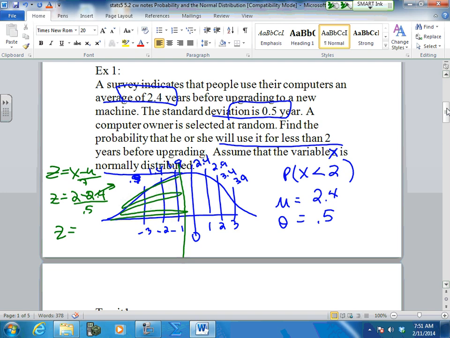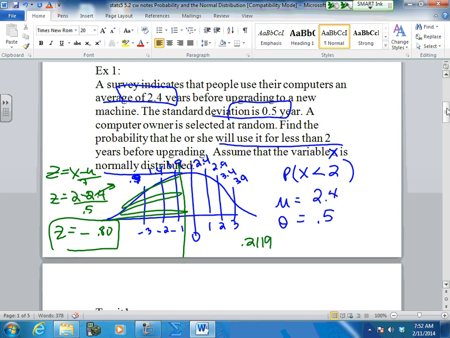And your sketch shows you, isn't that a negative number over there between 0 and -1? So we do all that, and we come out with negative 0.80. Now here's where we were yesterday. We looked this up on your table. We want the area to the left, so we looked it up on your table, and it corresponds to